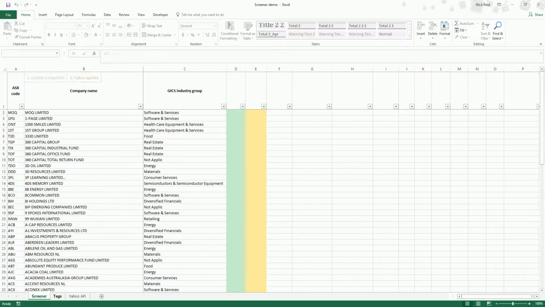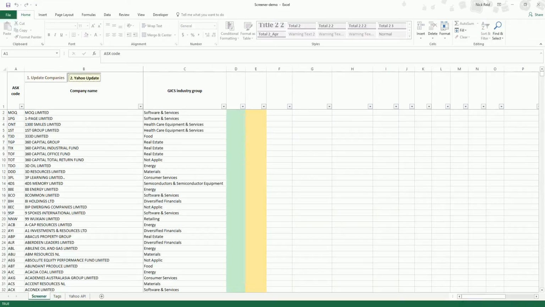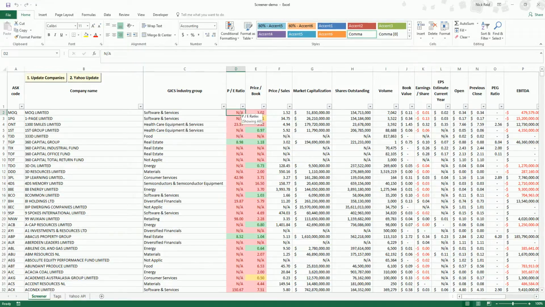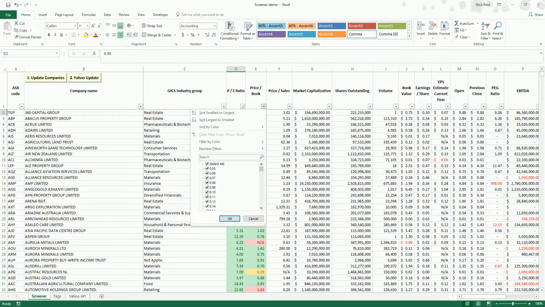Okay, and so the tags I've got are just the preset ones which I cover in my previous video. So we'll just download that information from Yahoo Finance with this button. Okay, so that's all the data from Yahoo Finance that I am interested in looking at. For the purpose of this video, I'm just going to screen based on the price earnings ratio and price book ratio. So I've already got some conditional formatting in there that weans out the more expensive stocks. So I'm just going to filter this by color, this one too,